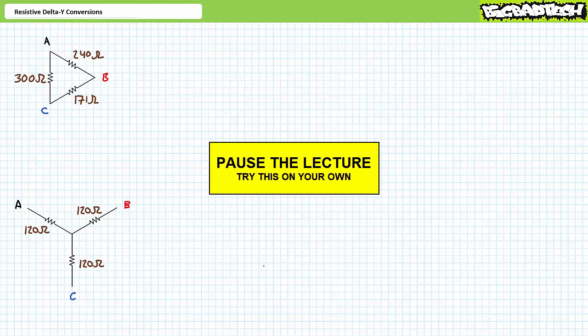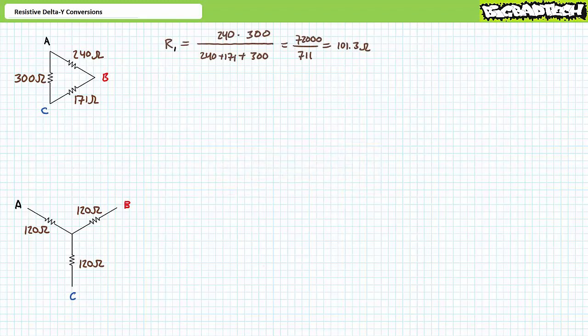You'll note the second illustrated example features three identical elements. You should notice something interesting about the resultant conversion. If you're tracking, you should have obtained the following results. Our first illustrated example features a delta configuration of three resistance elements, and we're being asked to convert it into